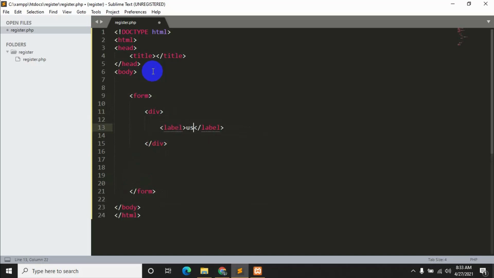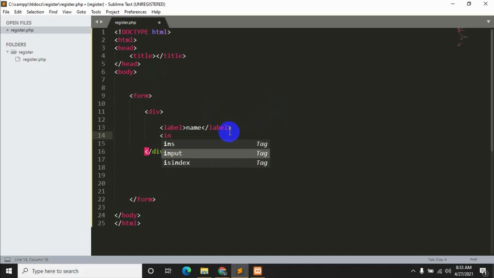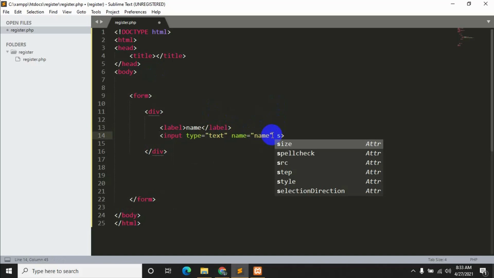The first one will be name, and let's add the input field for name. Input type will be text, name will be name, and let's add the input field size as well.